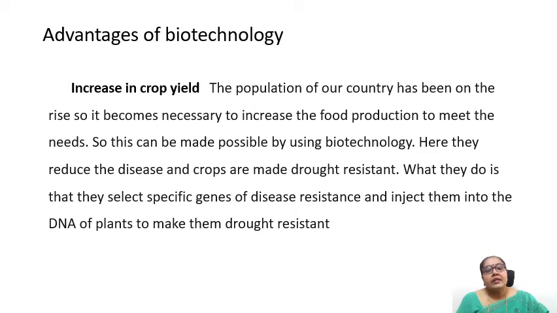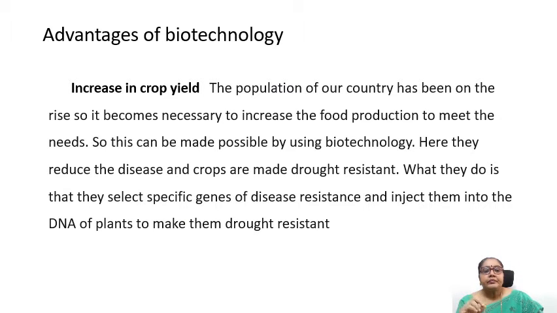Now we all know that India is a very populous country, so we always have the demand to cater to the population, wherein providing sufficient food crops or food grains is very important. To make that possible, we need some kind of stimulant or extra help that would increase our agricultural produce. One of the methods to increase our production of food crops or food grains is by using